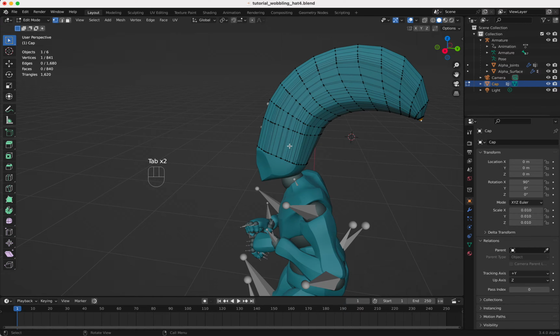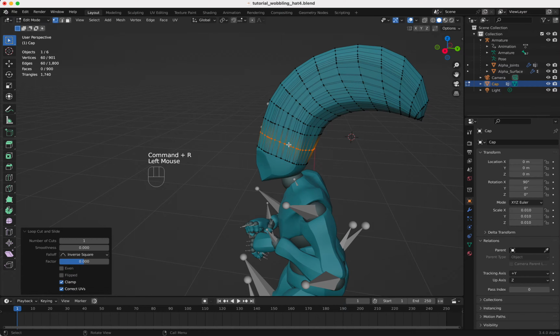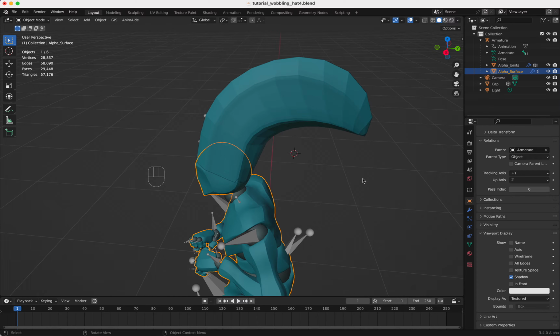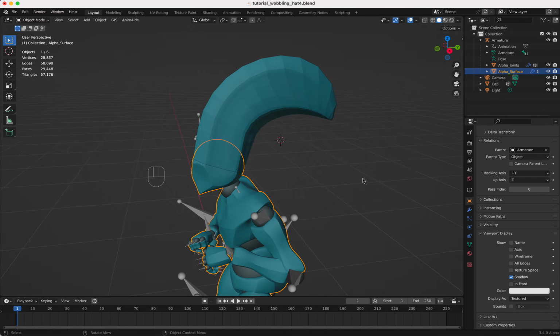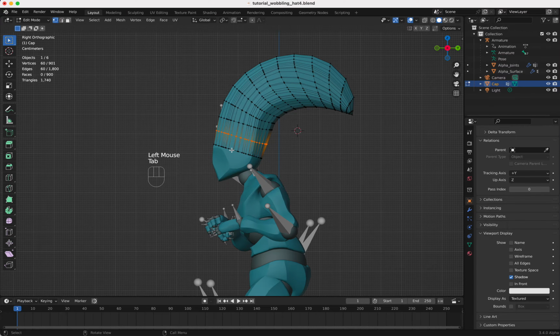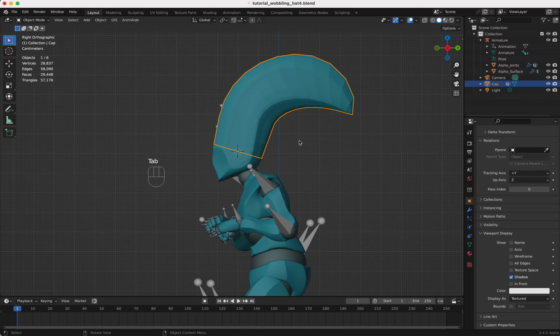And now I'm adding here another loop cut. So that's fine. Yeah. What we need now is a cloth modifier, because the cloth should control this head. So I'm going to select here my loop cut, Shift S, cursor to selected. And now I'm going to add